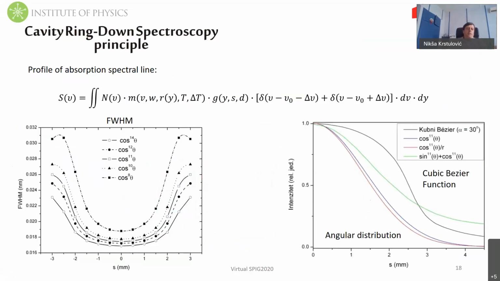We are simulating with our model lines which are measured by cavity ring-down spectroscopy, and then we try to use common trigonometric functions to describe our plasma plume shape. Actually, the function cosine to the power of 11 worked well, but not perfectly. However, it showed that if this is the lateral position of our plasma and this is the full width at half maximum, the plasma is much more